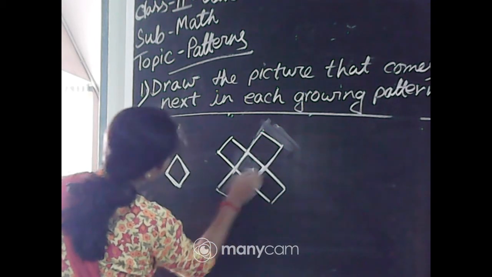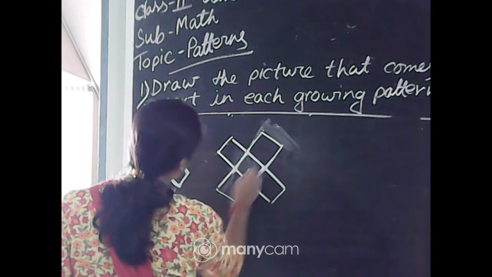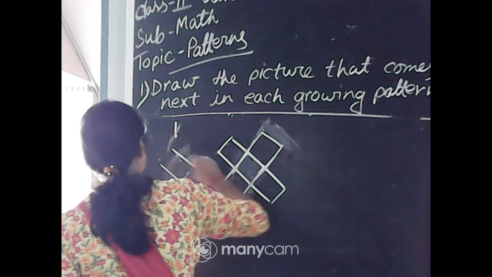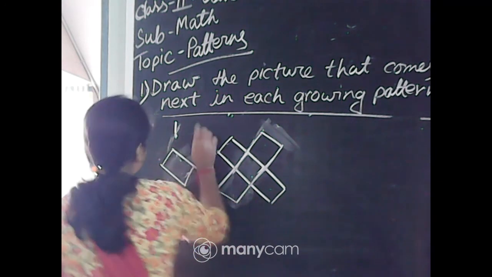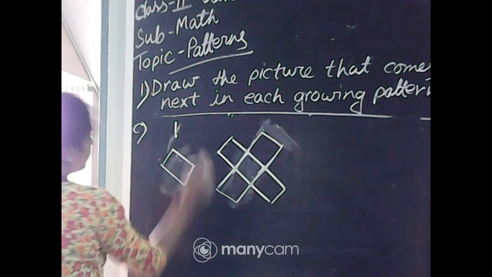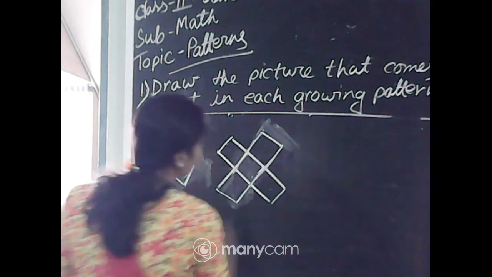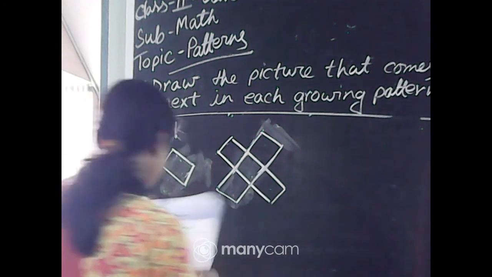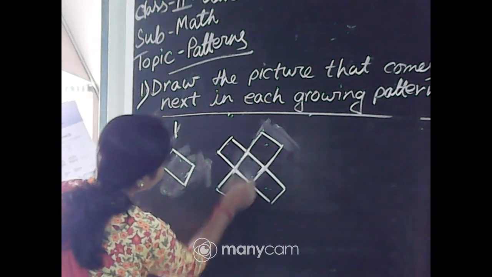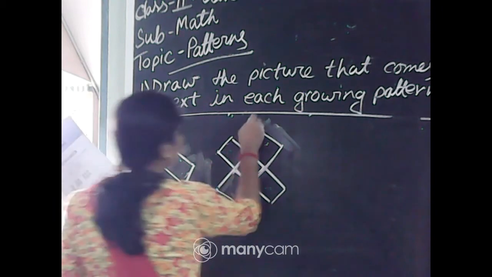Please follow me. Here 1, here 1, 2, 3, 4, 5, 6. It's like that. First one is like that. Here is 1, 2, 3, 4, 5, 6. 1, 2, 3, 4, 5. 1. Here is increasing 2 and 2. 1 will be there, then this side 2 and this side also 2. 5.